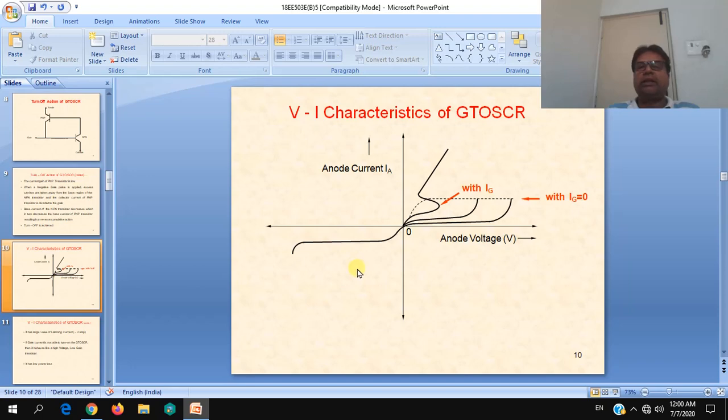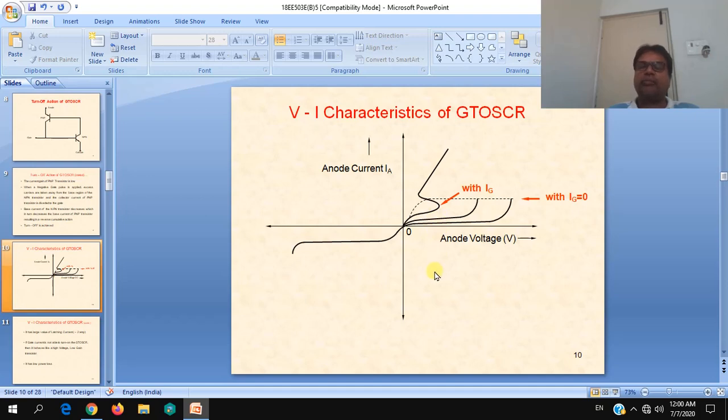When we go through the VA characteristics, it is just similar to the normal SCR or conventional SCR. We will not be using it in the reverse direction, only in the forward direction. Same forward blocking region with the same forward breakover voltage without any gate current, Ig is equal to 0. This is VBO, and so the current flows like this and enters the on state. But with gate current, as in the case of SCR, turn on times will become less. It enters conduction state in lesser time. Similar characteristics to normal SCR will be achieved.